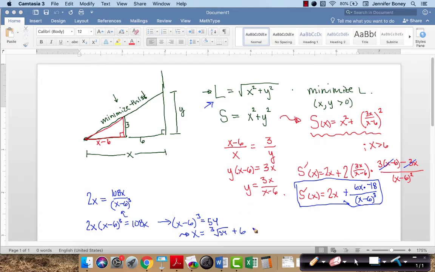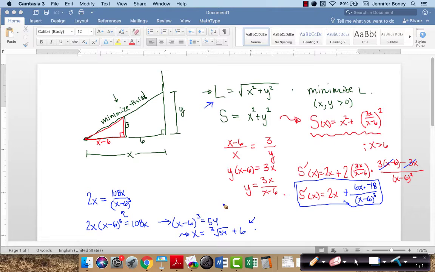But this is actually a minimum, not a maximum. This function, in terms of what it looks like, has a vertical asymptote at 6, but we're only concerned about what's to the right of 6. And to the right of 6, it decreases, then increases again. So it decreases up through this value, like 9 or 10 or something, and then it increases after that. All right, so we'll do something else on GC. But let's get back to